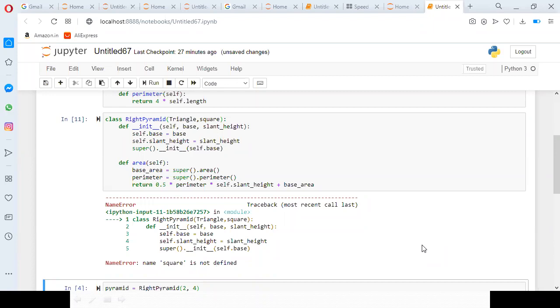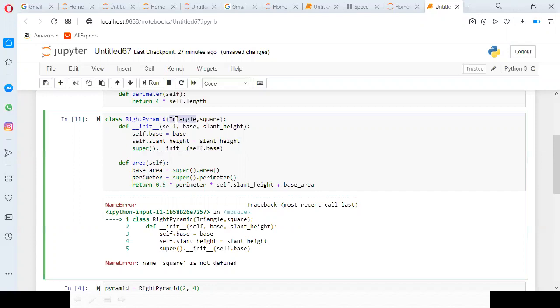When you mention Square first, super gives first preference to Square. Earlier I gave Square first, that's why it executed smoothly. But now I gave Triangle.